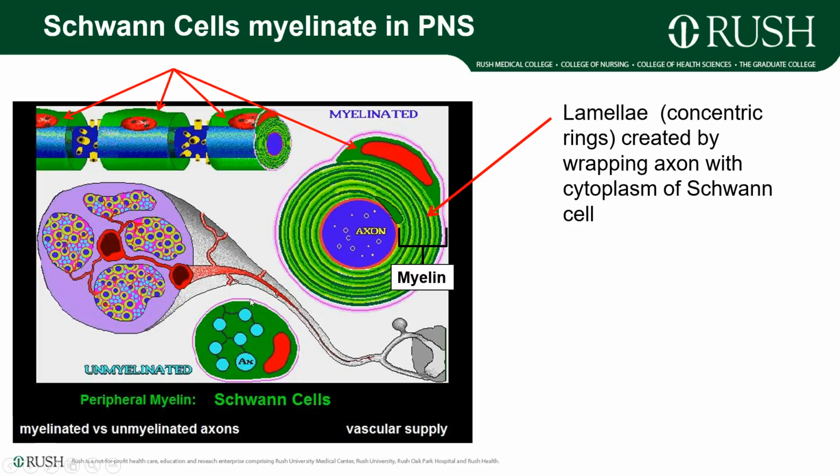This picture depicts in a diagrammatic way what these Schwann cells look like. In this case, the green portion here and here is referred to as the Schwann cells, and the blue portion is the axon. These cells make lamellar, concentric rings wrapping around the axon. This is the cytoplasm of the Schwann cells, and this is where the myelin is, and that's what causes